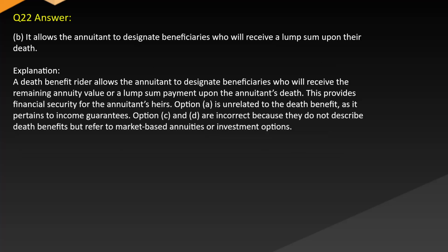Answer B. It allows the annuitant to designate beneficiaries who will receive a lump sum upon their death. Explanation: a death benefit rider allows the annuitant to designate beneficiaries who will receive the remaining annuity value or a lump sum payment upon the annuitant's death. This provides financial security for the annuitant's heirs. Option A is unrelated to the death benefit as it pertains to income guarantees. Options C and D are incorrect because they do not describe death benefits but refer to market-based annuities or investment